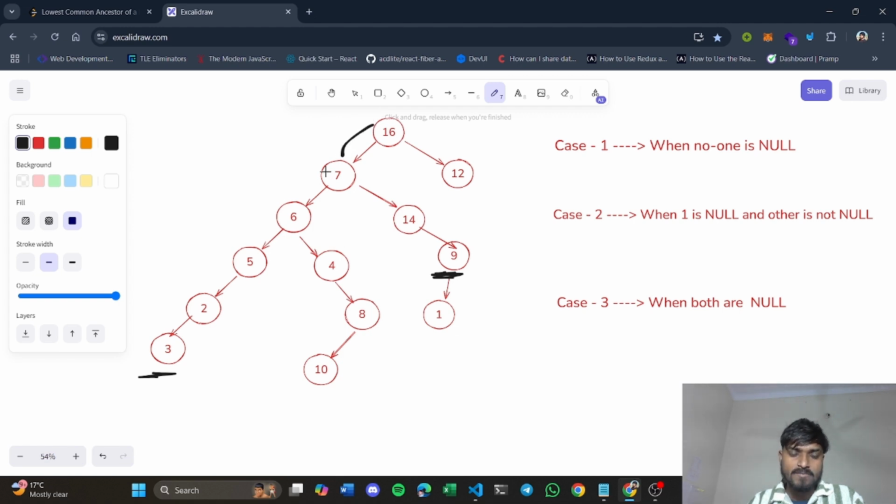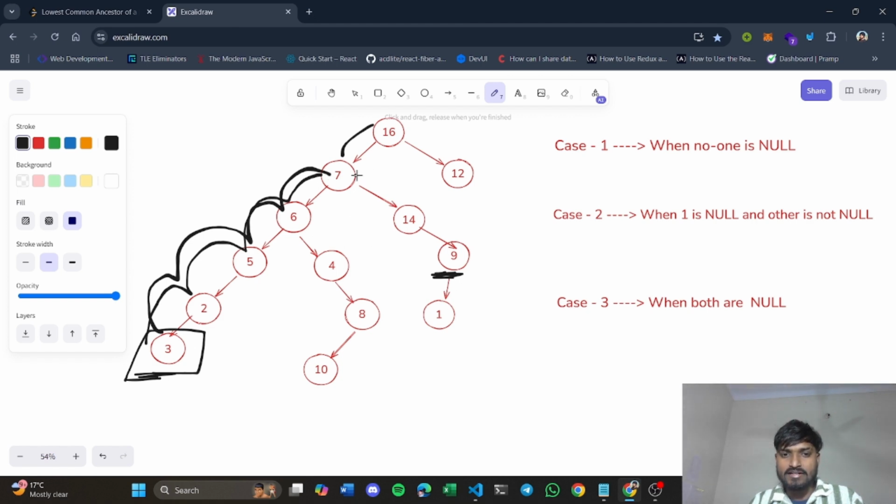So when you traverse back, let's say you are traversing to the left and you find 3 here. It will return that 3 is present on the left side of this node 7. And again, when you traverse right of this 7 node, you will find node 9 here. So again, it will return that node 9 is present. So it will be returned to this common node, that is 7, that is 3 and 9 here.